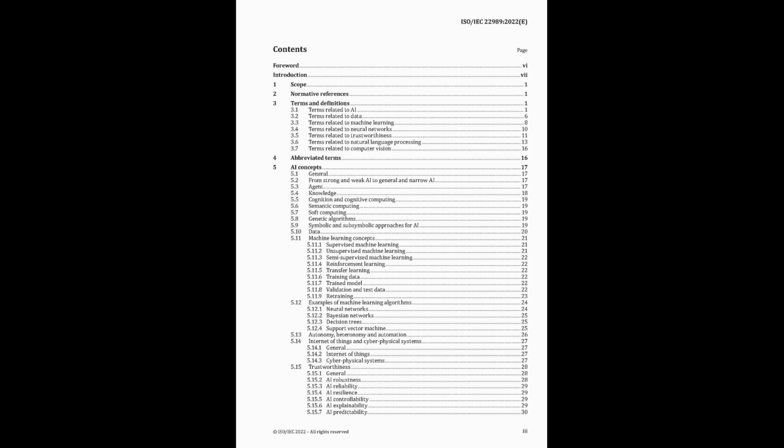Let's go. Okay, so 8.1 kicks things off with this idea of an AI ecosystem. And luckily, we've got a visual aid. Figure 6 in the standard shows us a diagram of it. Now, what's interesting here is that when you look at large AI systems, the kind that are doing some really impressive things today, they're not usually built on just one shiny new technology. So it's not like one magic bullet that makes all the AI happen.